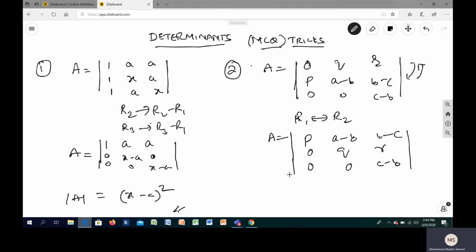So what do you think the answer would be now? You can solve it in seconds. The answer is nothing but the product of the diagonal, the triangle that is forming below the diagonal. So my answer for this determinant would be p times q times c minus b. That's it, students. With this simple trick, just remember to make the given matrix into triangular shape while performing the row operations, and then multiply the diagonal elements, irrespective of the signs.